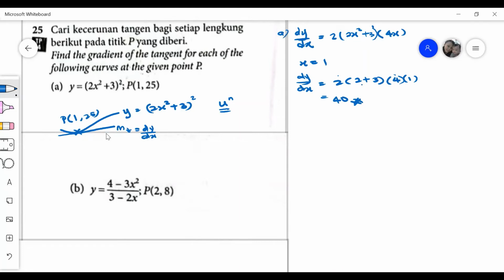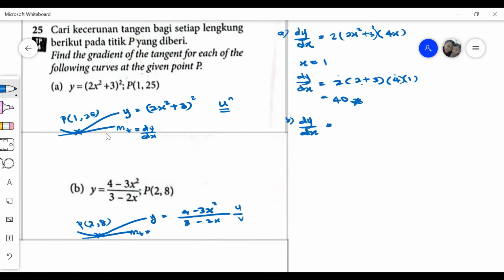So part A is done. Part B, the same thing. We have the curve and we need to find the gradient of the tangent. This is the tangent. We are looking for the gradient of the tangent that passes through the point P(2, 8). So this is y equals (4 minus 3x squared) over (3 minus 2x). This is the quotient form, so we use the quotient rule. So dy by dx